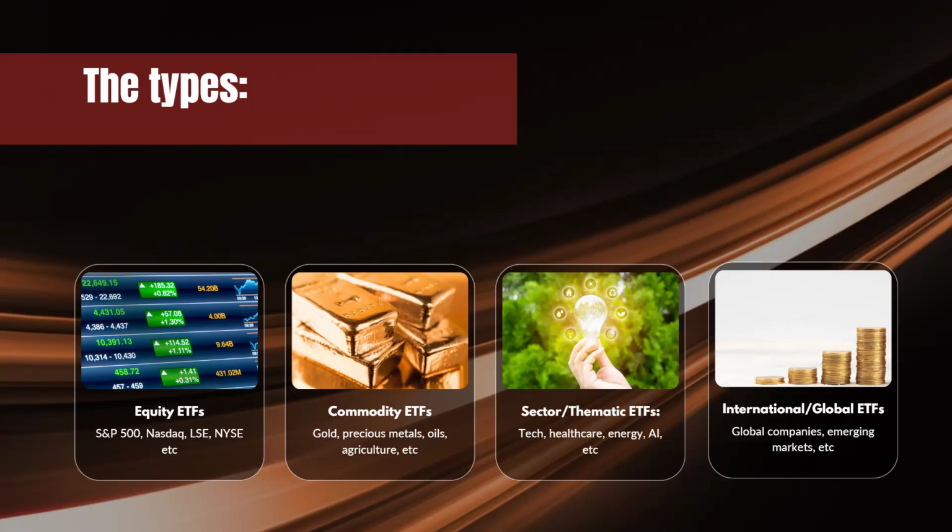Then commodities. Especially this year, as some of you know, gold is hitting all the records. And so of course, the ETFs that follow gold and silver are doing really well this year. But there are also others following agriculture, cocoa beans, coffee beans, orange pulp, whatever it is, right? So they just follow that. And then sector and thematic.